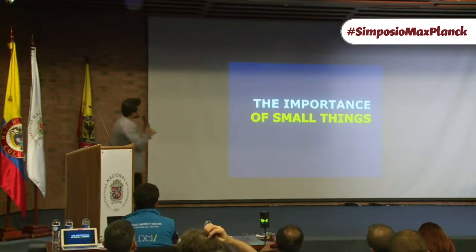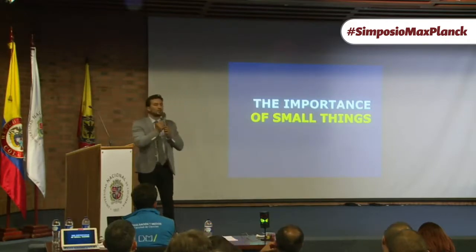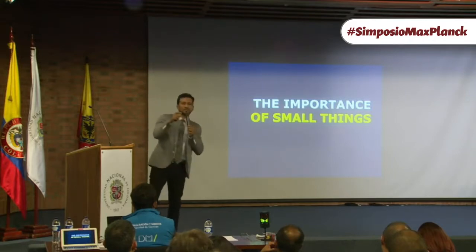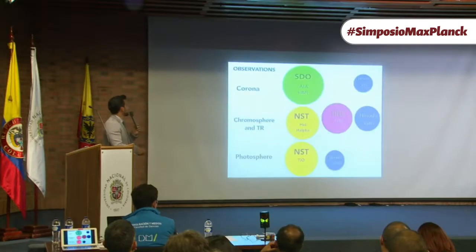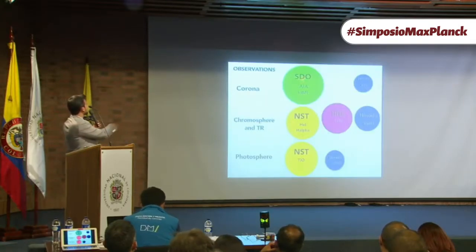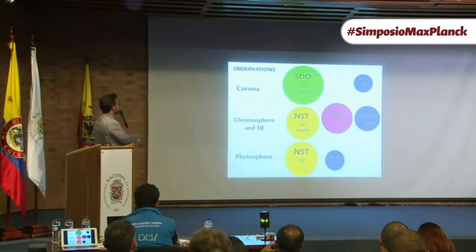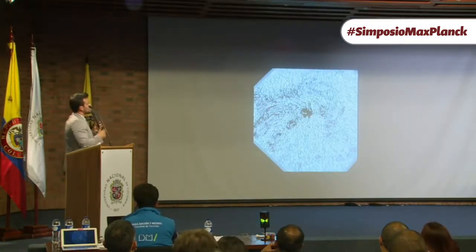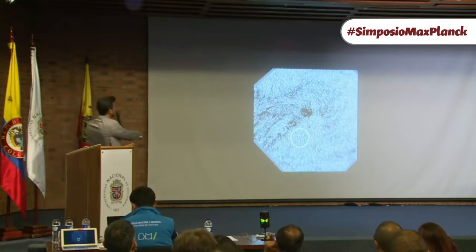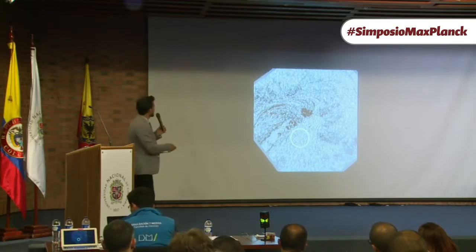But now let me tell you also that it's not only active regions. We also analyze small regions of the sun, which are called granules and convective motions. We also do observations with different instruments. So we have space-based instruments and we have ground-based instruments here. And this is one region we analyzed recently, where you can see the granules, but the granules evolve and they